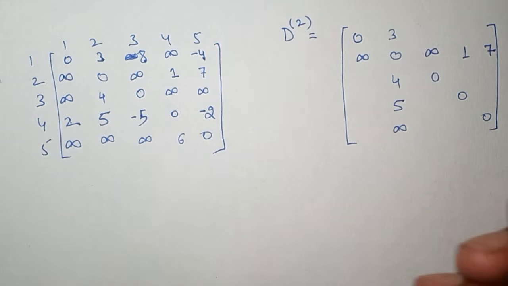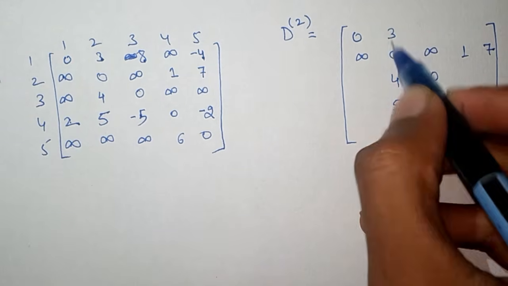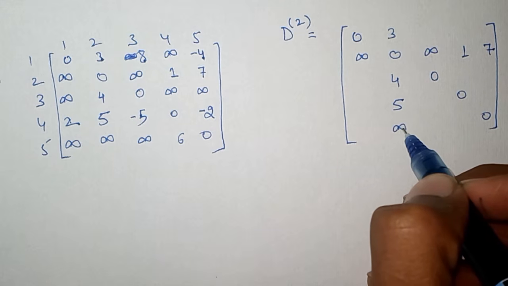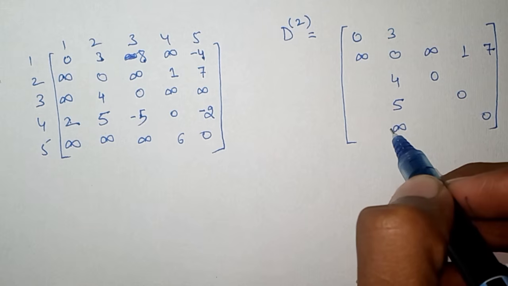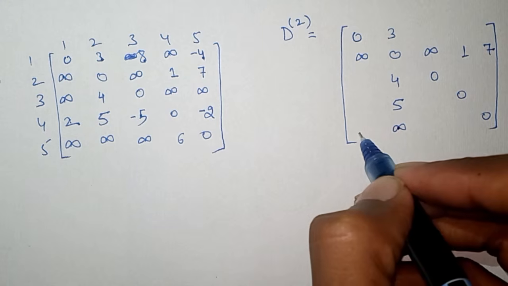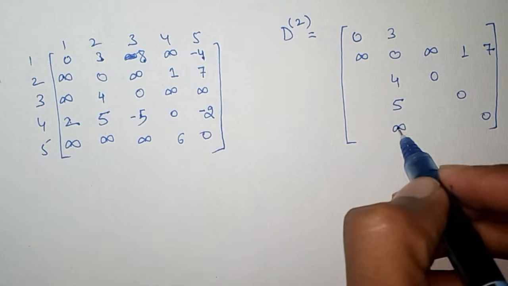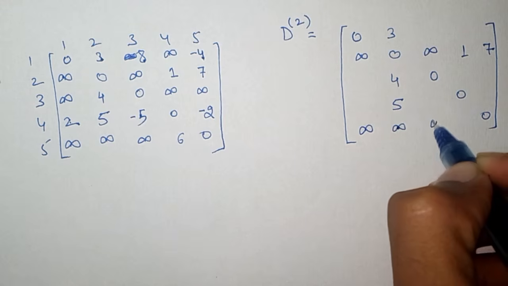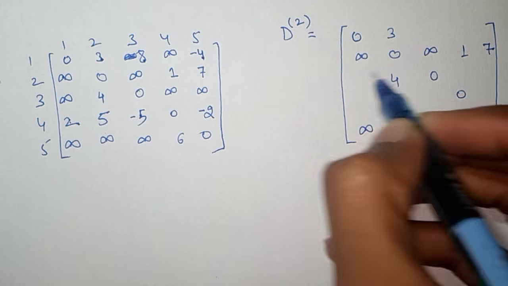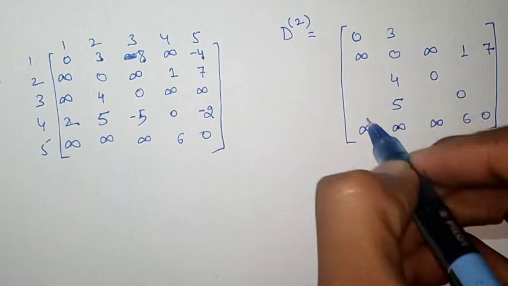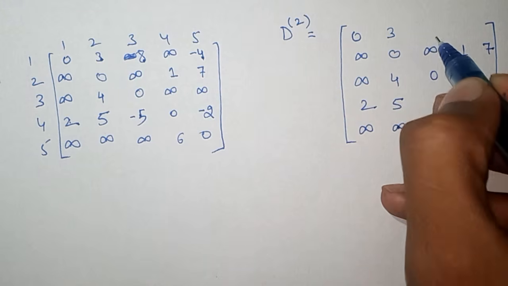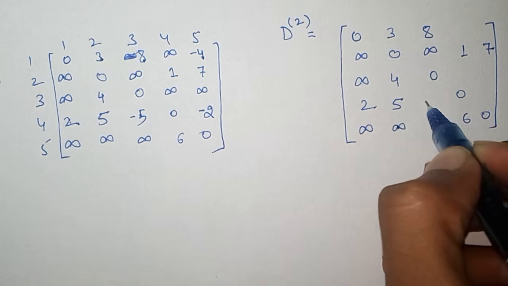Now using the same method on the second row and second column of the D2 matrix, the elements which lie in front of an infinite element will be copied the same. So in the second column of the D2 matrix, here it is infinite, so the element which lies in front of this element will be the same: infinite, infinite, infinite, 6, 0. And again here lies an infinite, so the elements in front of this column will be the same: infinite, 2 and 4. Here also an infinite, so 8, 0, -5 and infinite.